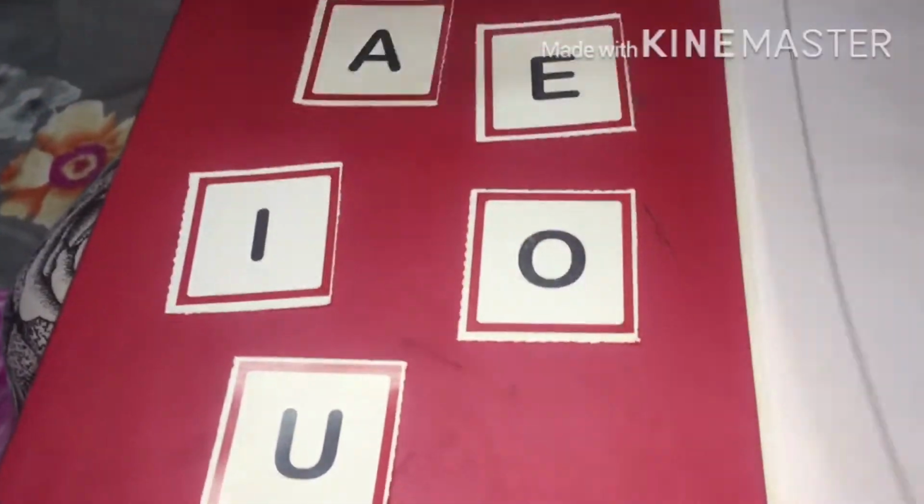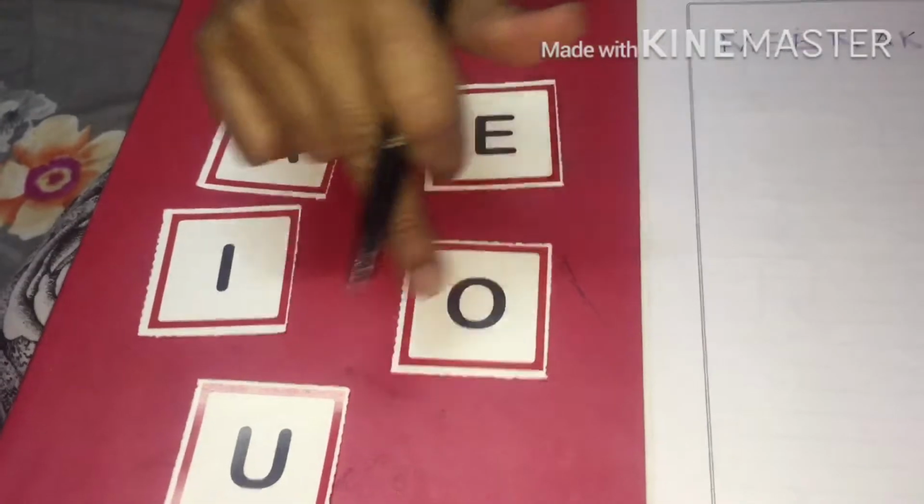So just as we have swars in Hindi, a, aa, i, ee, u, oo, ri, e, ai, o, au, ang, ah. These swars we have in Hindi. In the same manner, we have swars in English also, and they are called vowels. They give sounds to the consonants. And these are the vowels, as you can see here. Letter A, E, I, O, U.